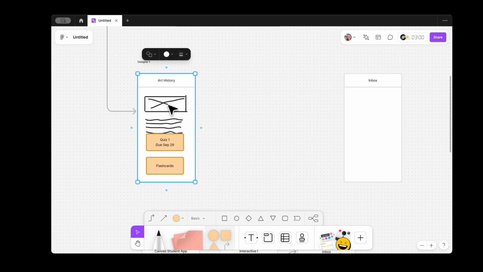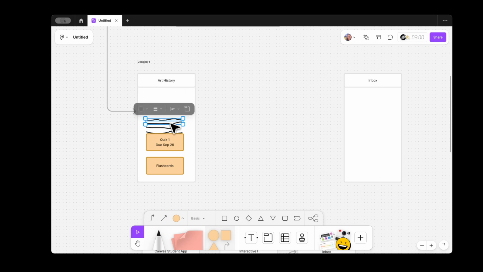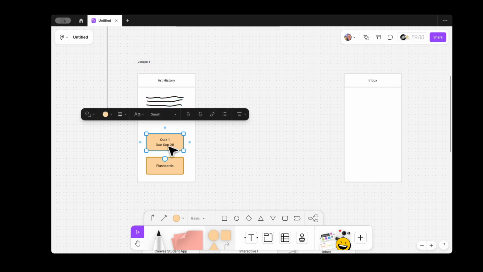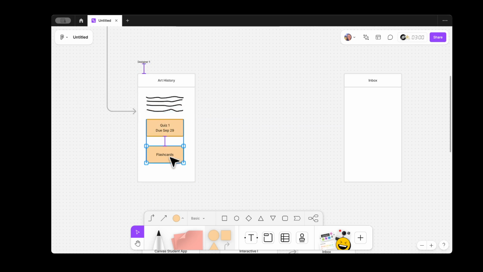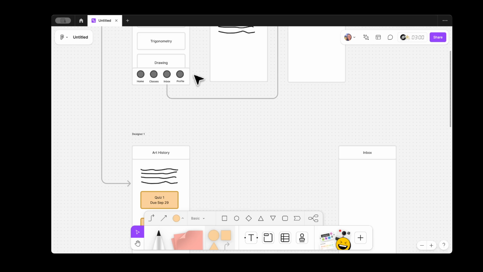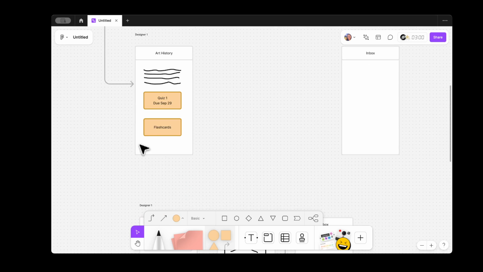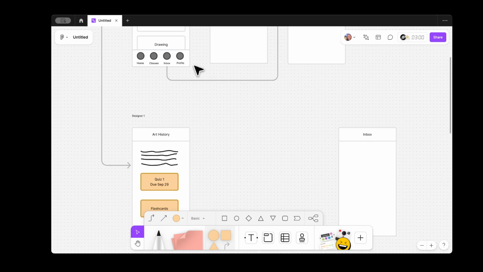Okay. And then maybe I don't really need this hero image, so I'm just going to click and then delete this content here. But maybe I want to retain some of this text. I'm going to click and move that. Actually, I'm just going to click, drag, deselect that, move that up, and then move the quiz button and flashcards up. I noticed that I don't have any menu items here at the bottom